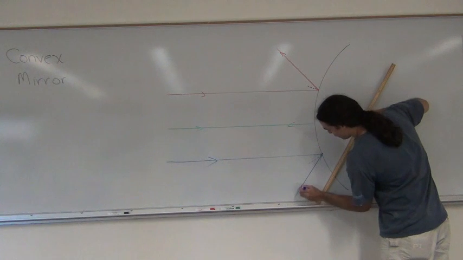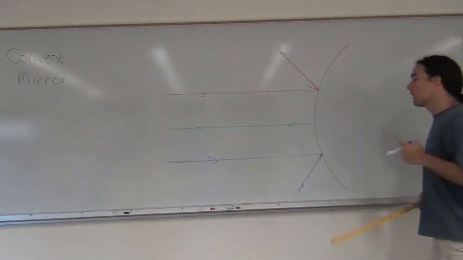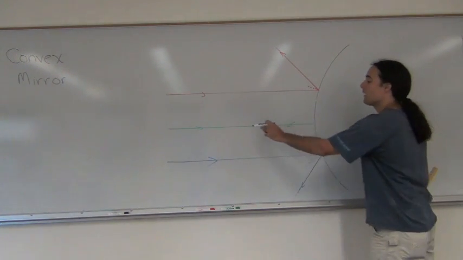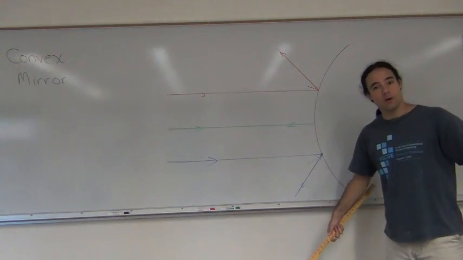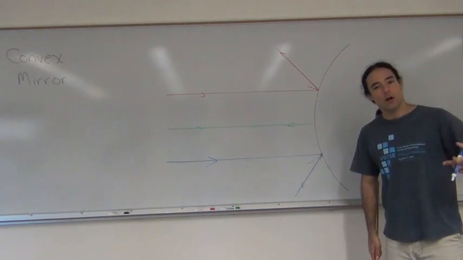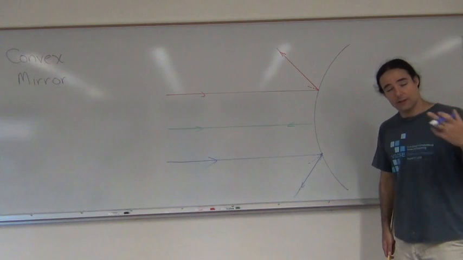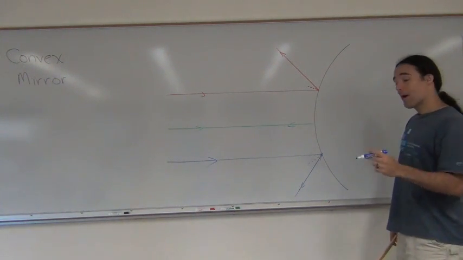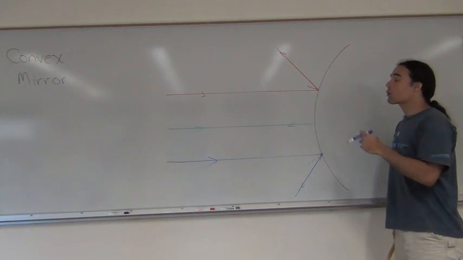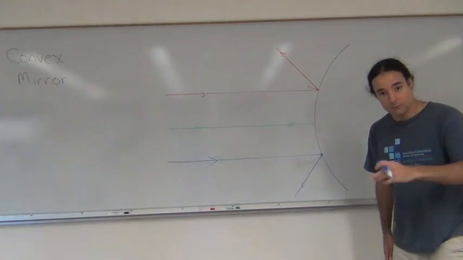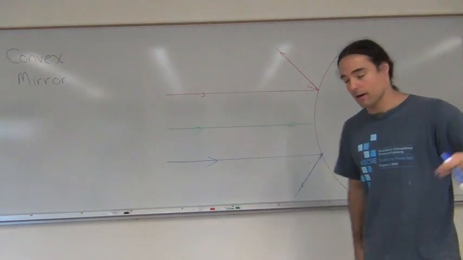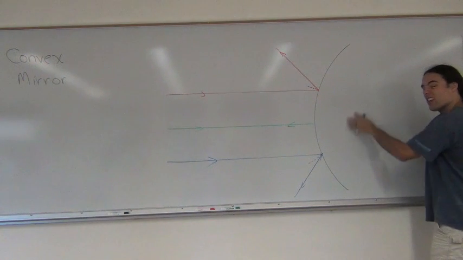Now, how do we find our focal point here? It seems that the green line, red line, and blue line are now spreading out, so it doesn't seem like they intersect at all. Well, that is the case. They don't intersect at all. However, if I were to imagine that the reflected ray is continued beyond the mirror, I'm just imagining this, it's not actually there. But if I look on this side of the mirror,